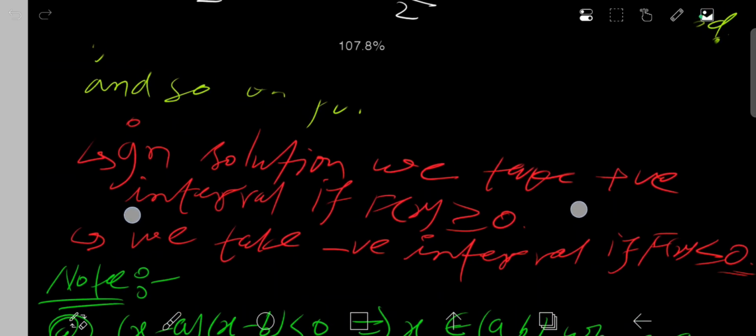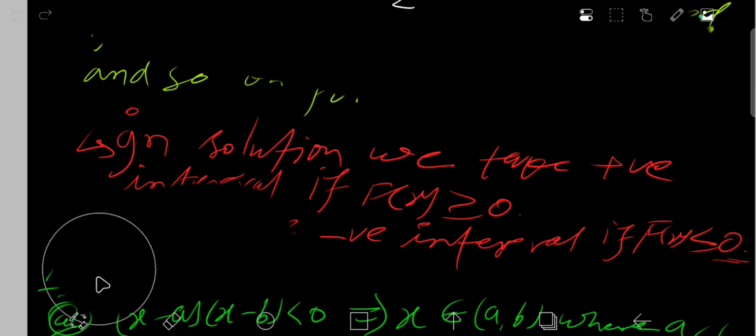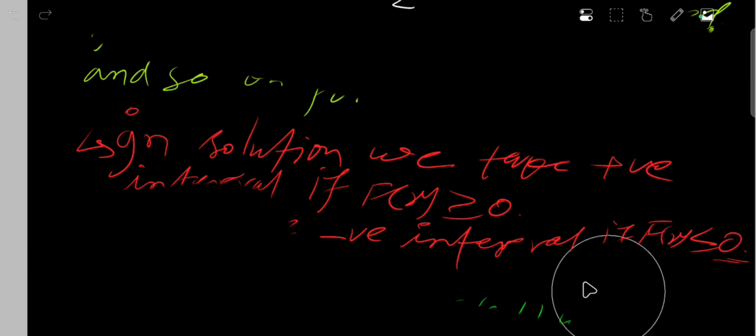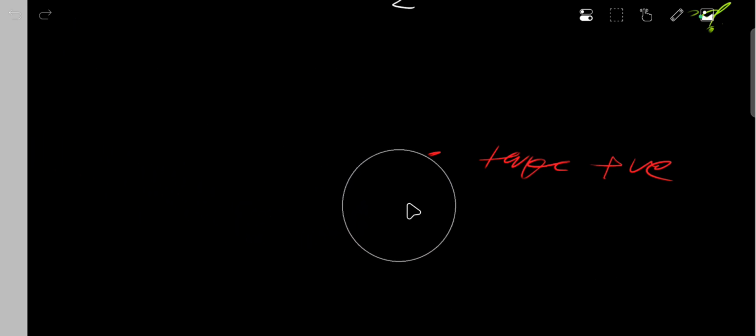Our next question is question number 30. Here we read question number 30. Question 1.30 is given this type. Solve: x minus 1